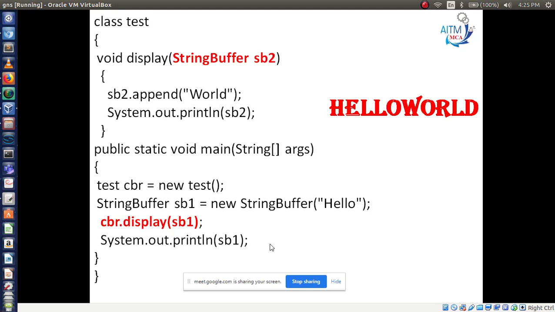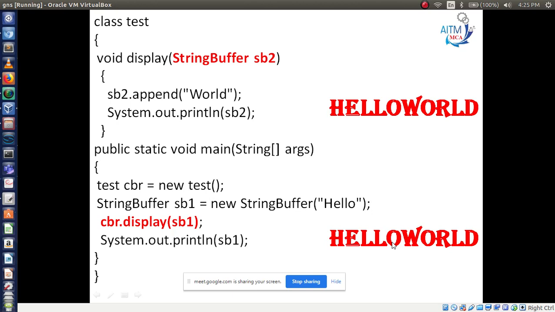So here you will get hello word, changed, because you are passing a reference. So that's why your original word is hello, but after passing this word to another method, it is printing hello word after changing. Even though you are printing the same variable, you are getting hello word here.